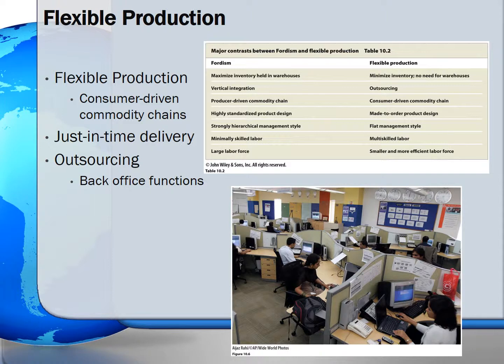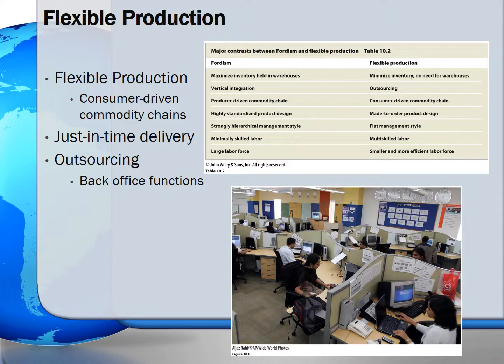Unlike the large U.S. markets, Japan had a much smaller market and therefore developed a manufacturing and production system called flexible production. Flexible production began specifically within the Japanese company of Toyota. In the system, Toyota used information technology such as computer networking, high-tech sensors, and automation technology to make the production of goods more responsive to market conditions and therefore more efficient. In contrast to Fordism, flexible production relies on consumer-driven commodity chains, not producer-driven commodity chains, in which consumer demand shapes the amount and kind of product produced.